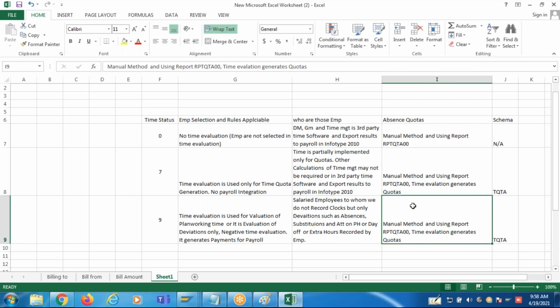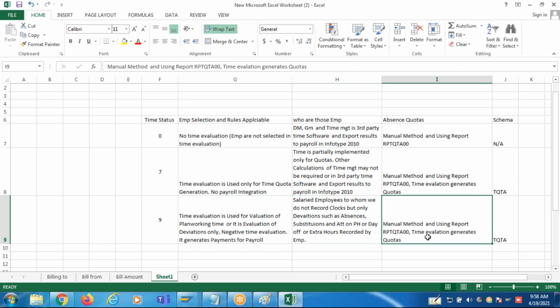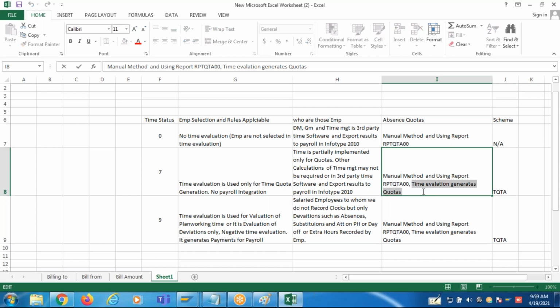Quotas are generated using the same three methods. You are using a time evaluation anyway, right? You can generate the quotas in a time evaluation. Quotas are generated in a time evaluation. However, we can also use the manual method.